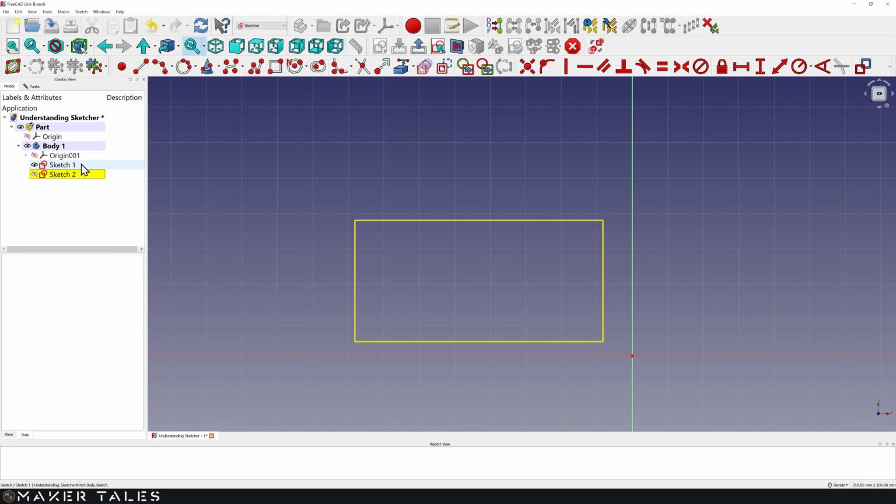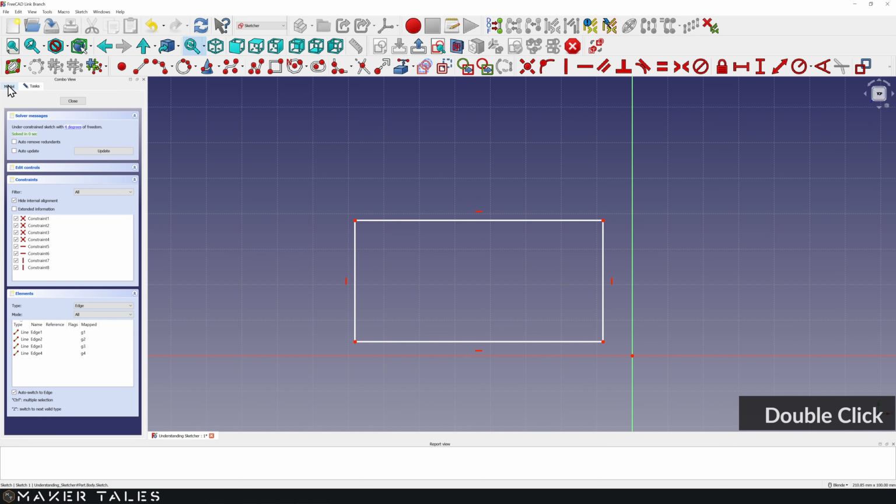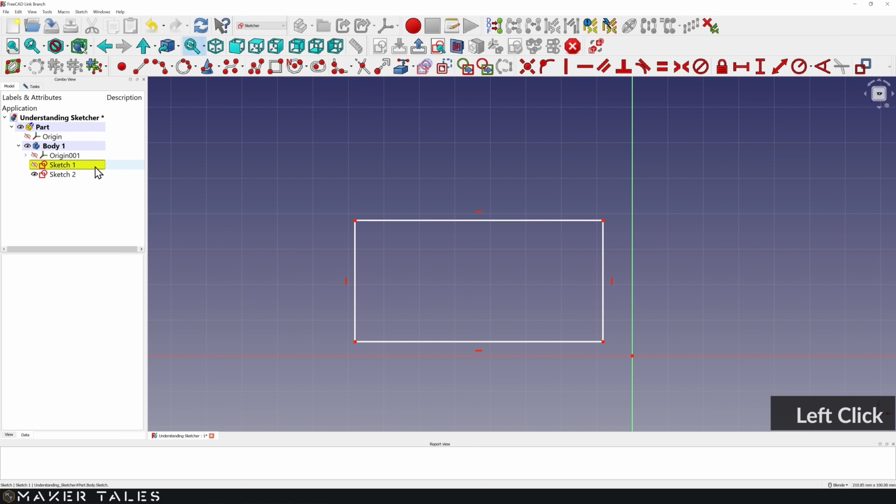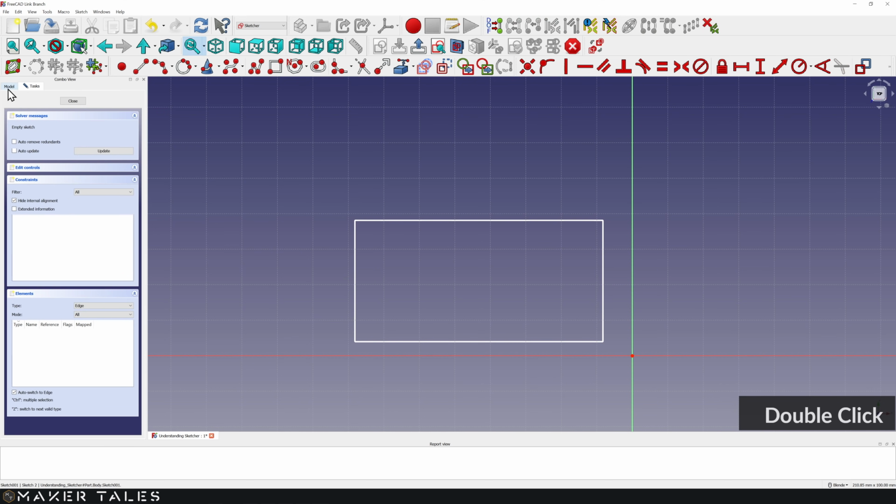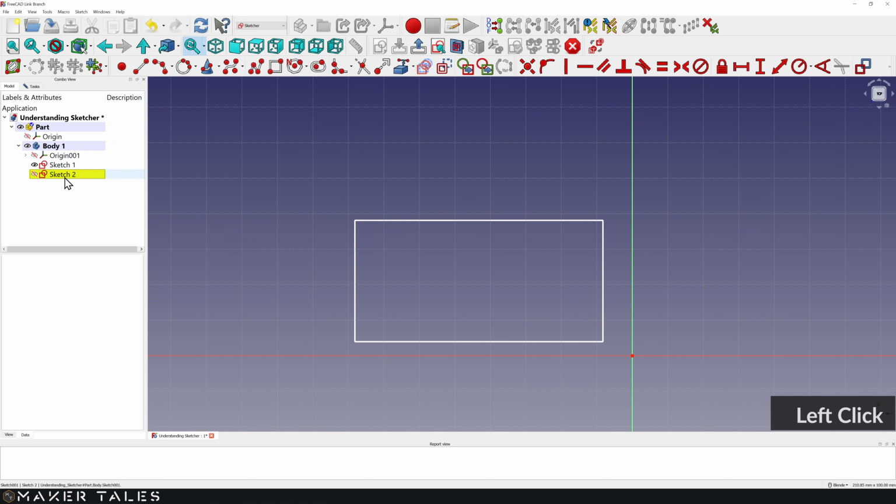Let's double click into Sketch 1. I'm only doing this so that you can see that now Sketch 1 is going to be active because we're inside of Sketch 1. We'll go back over to Sketch 2. We're inside of Sketch 2 now. However, we can see Sketch 1 within Sketch 2. We don't see any points, any constraints, but we see the lines. We can't interact with it in any way, but using the tool, we can.